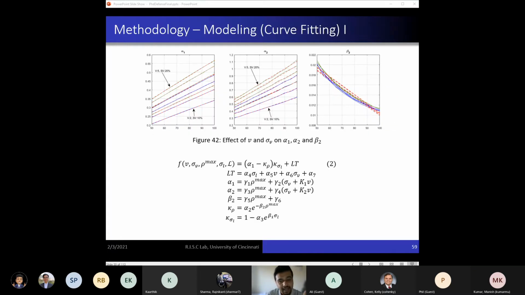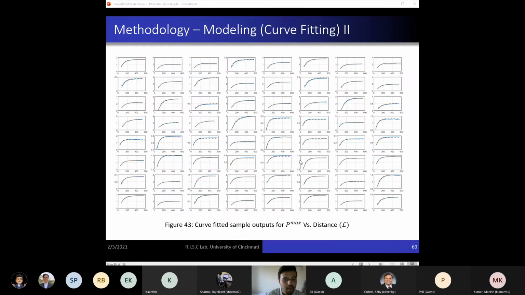Now, inspecting how each of the input parameters affect the characteristics, that is, whether they affect the transient phase only, the steady state phase, or both, an approximate curve fitting model is developed as shown in equation 2. Using this model and selecting random input parameters, we see that the model output follows the actual outputs pretty accurately. The blue lines represent the actual maximum uncertainty bounds, and the red dotted line represents the maximum uncertainty bounds as evaluated by our model function.